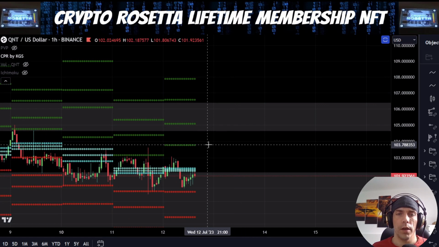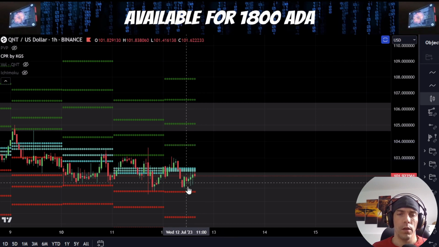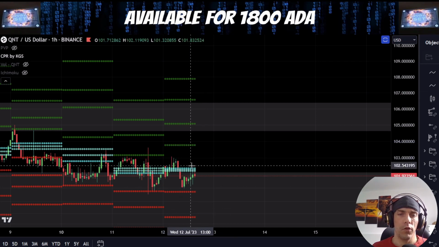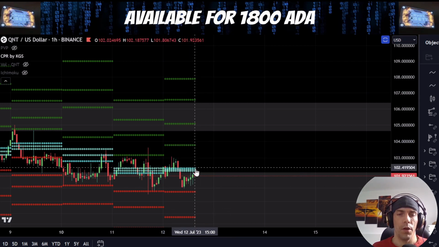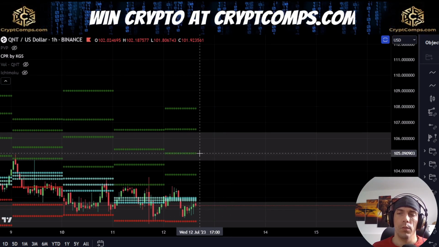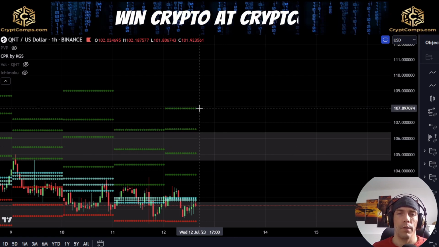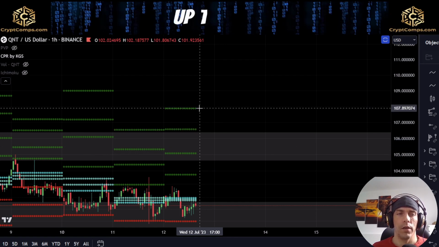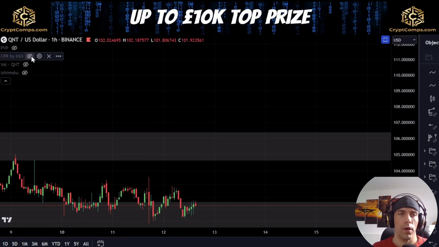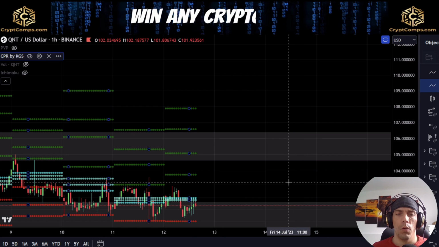If we do look for that upside potential here, what we do have as this area here of this 103.72, and then this would be what we'd be looking at if we manage to get back above these lines. If we fail to break back above these, I would be looking more towards those downside targets. And then if we do move up here, we have this 105.09, we have this 106.55, and this 107.89 as potential targets for today. Now, if we flip this over onto the weekly pivot points, what we can see here